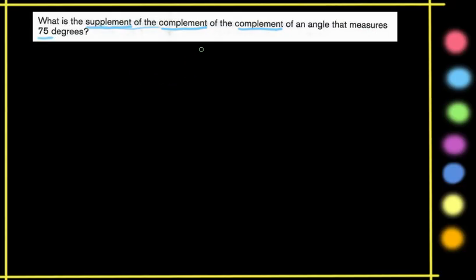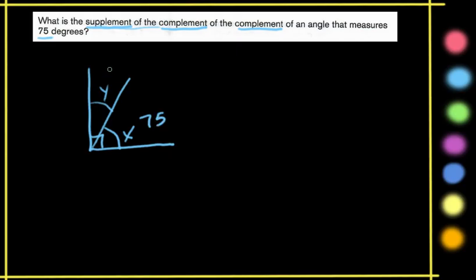So let's maybe start here. What's the complement of 75 degrees? So what is a complement first? A complement is the angle, if you have an angle X here, the complement is the angle that you have to add to it, this Y angle here, in order to get to 90 degrees. Okay, so we could think like if X was 75, the complement over here would be 15,